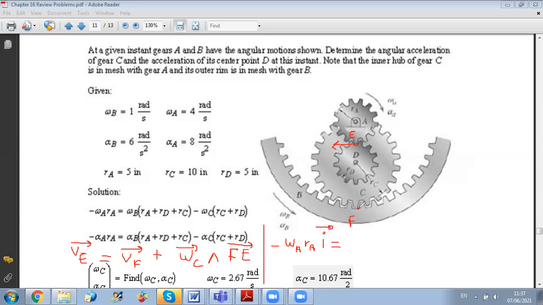For point F, we said it's along plus I, so it's plus omega B times the distance from A to F, which was RA plus RC plus RD along I, and plus, because we said that we will assume omega counterclockwise, so it's plus omega C K